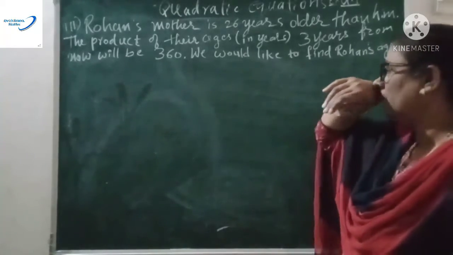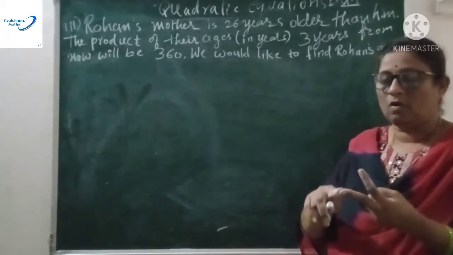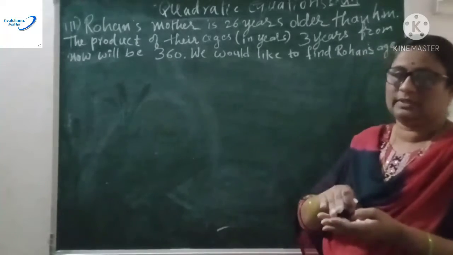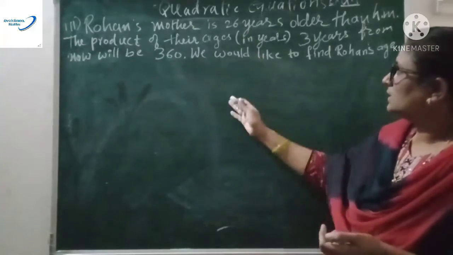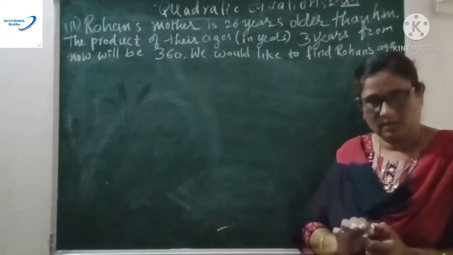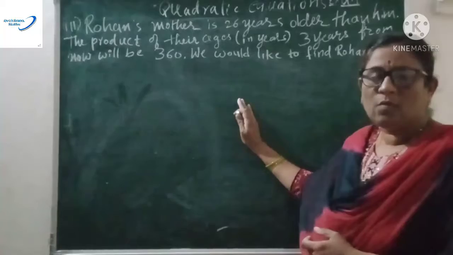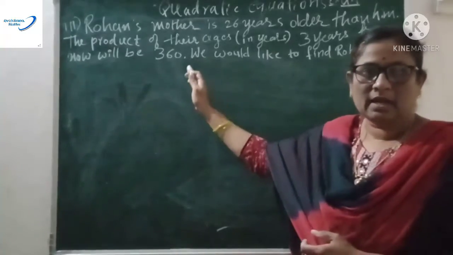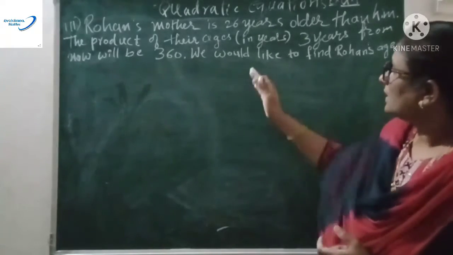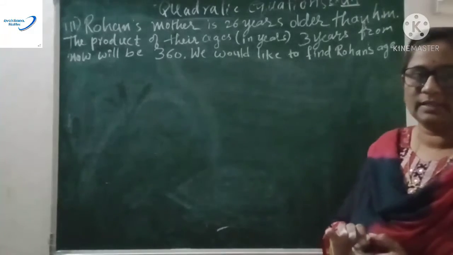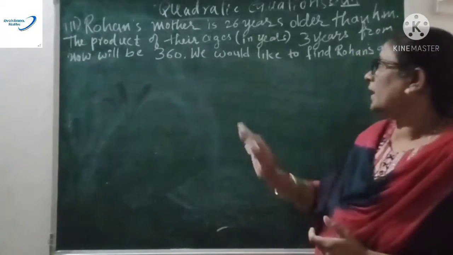So how to solve? Here you have to consider 3 things. One, the present age, then after 3 years, after 4 years they say, then before they say. Only 3 concepts: present age, before and the after. If you understand these 3 concepts, then it is very easy to solve the questions based on ages. See, the linear equation lesson consists of these age questions, the ratio proportional. Most of the questions are mathematical branches. They consist of problems related to ages. So better to understand and solve the problems related to ages. 1 or 2 questions in exercise or lessons you will get. Practice them. You can solve. I can assure that.